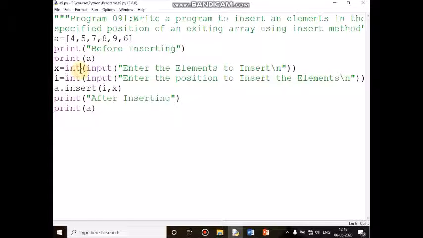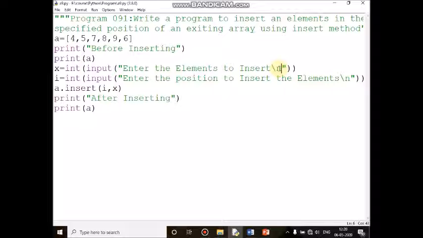Then in the next line, I am going to read the value from the keyboard: enter the element. Which element am I going to insert? I am going to read the value from the keyboard. The innermost function, the input function, is used to read the value from the keyboard. First of all, it will display the message, enter the element to insert. After that, the cursor will move to the immediate next line. Why? Because here I am using backslash n.